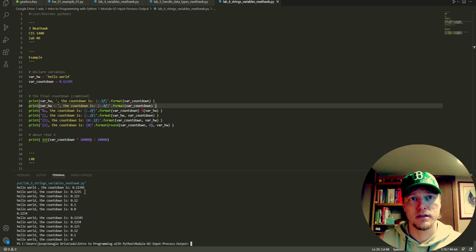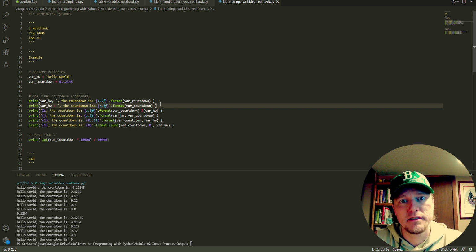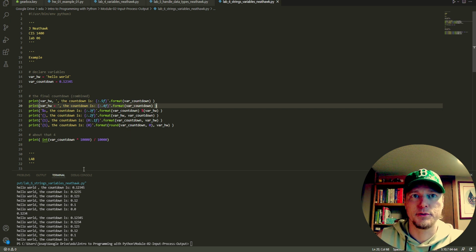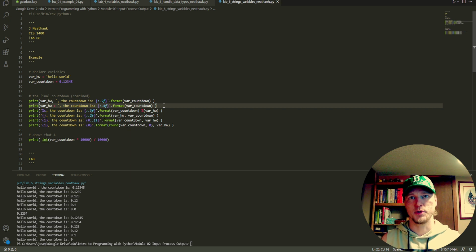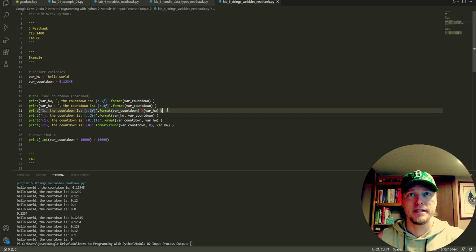And that one comes out again with a different problem this time. When we told it to format down to 4 digits, it rounded and it turned our 4 into a 5. I have a solution for that. There's more than one solution, but the one that I'm going to give you doesn't require us to import any extra code. We can do it with vanilla Python. Okay, we don't have to import math in order to do it. We don't want to do that yet. We'll do plenty of that later. Okay, next line,